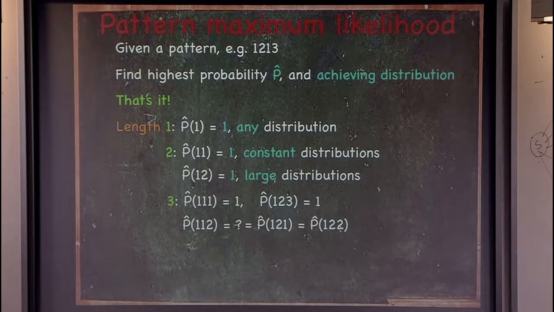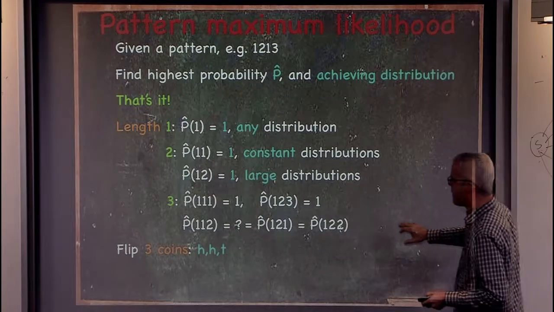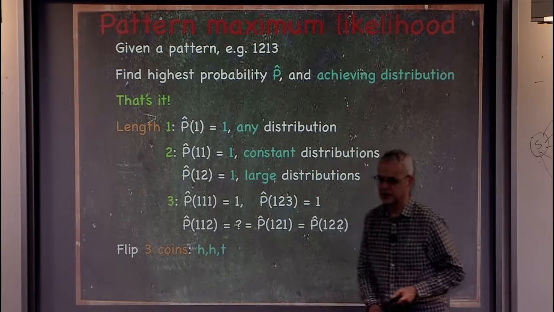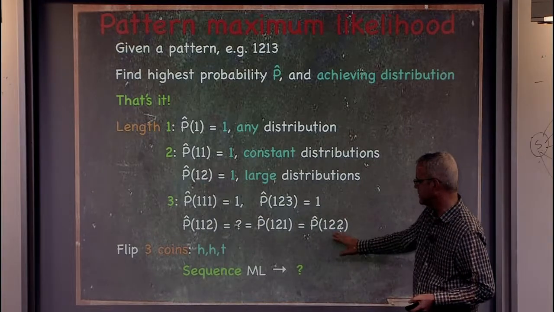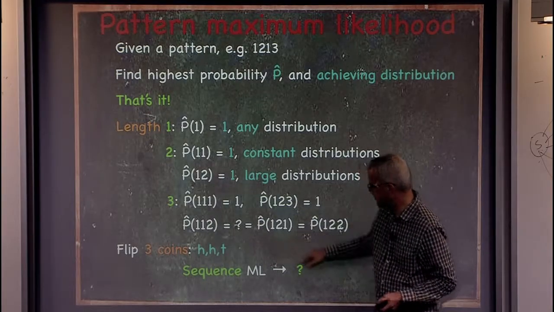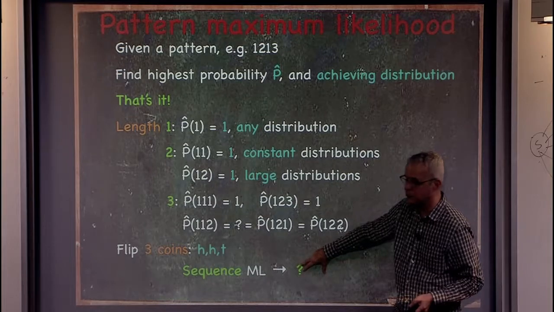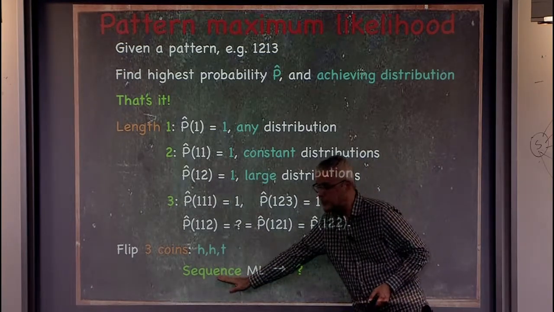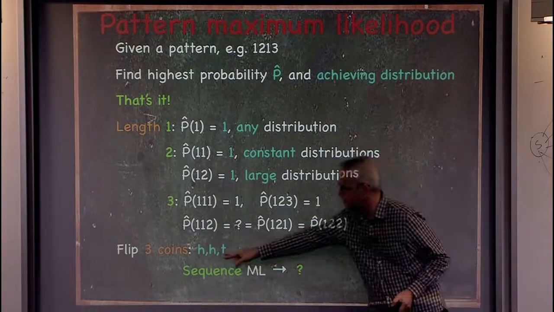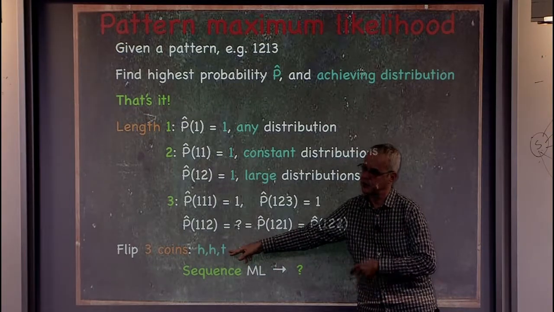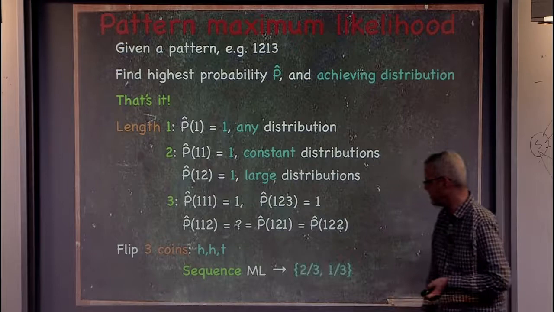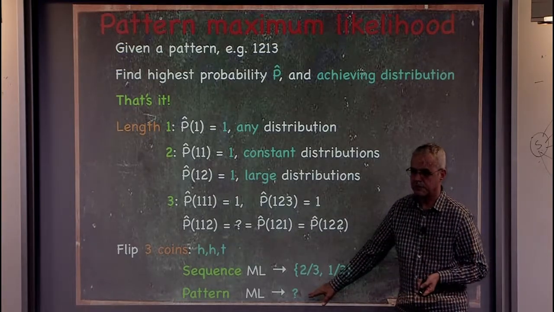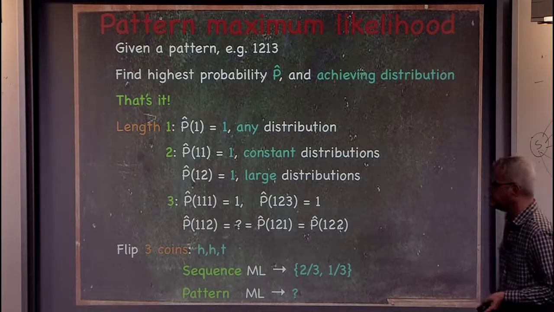So this is equivalent to flipping 3 coins and getting heads and tails, for example. This gives you the pattern. If that happens, sequence maximum likelihood will tell you you've seen one thing twice, the other once. You'll say the maximum likelihood probability is 2/3, 1/3. And the question is, what does pattern maximum likelihood give you here? And the hope is